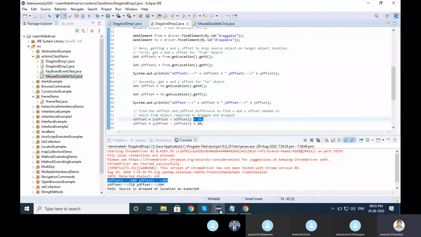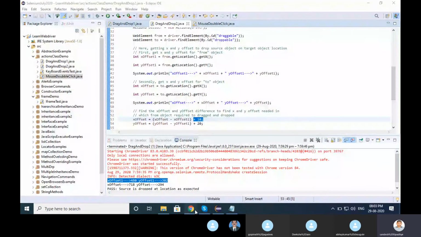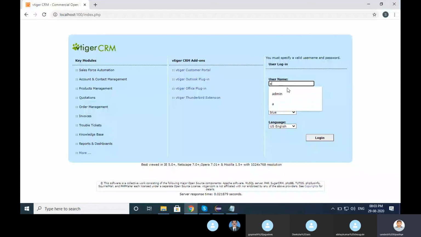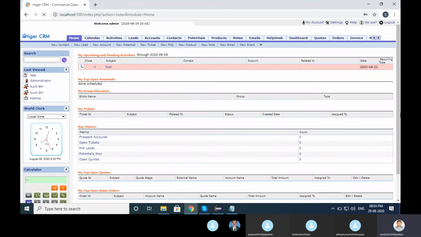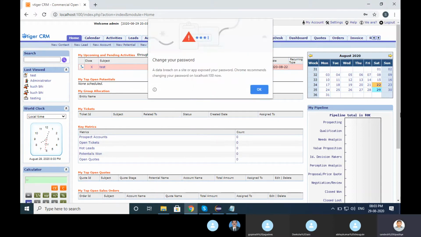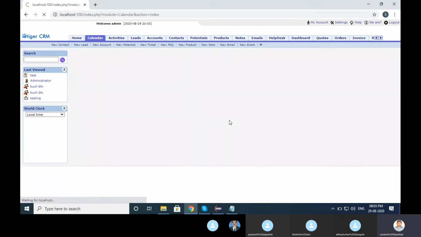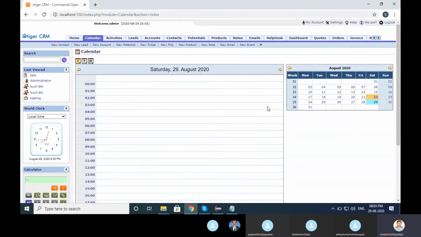Okay, one more thing I want to tell you. In your applications, if we have a calendar control, how can we handle it?